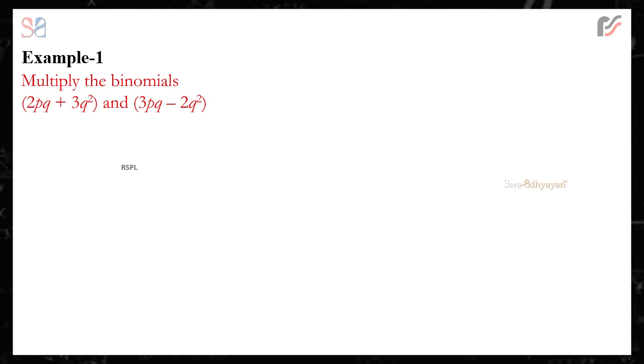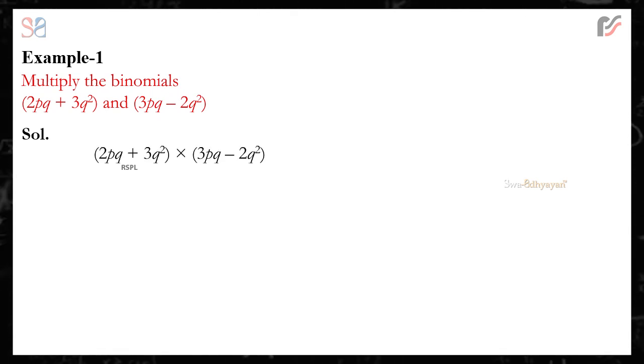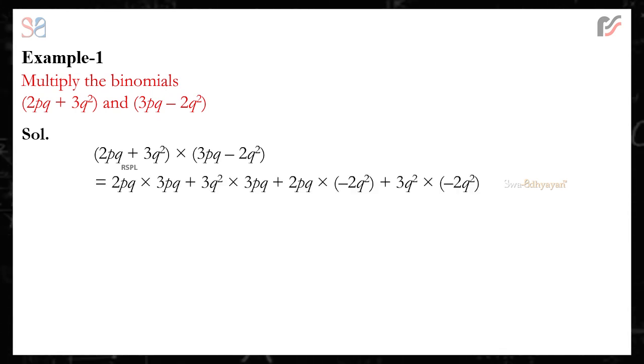Example: multiply the binomials (2pq + 3q²) and (3pq − 2q²). Solution: (2pq + 3q²) multiplied by (3pq − 2q²) is equal to